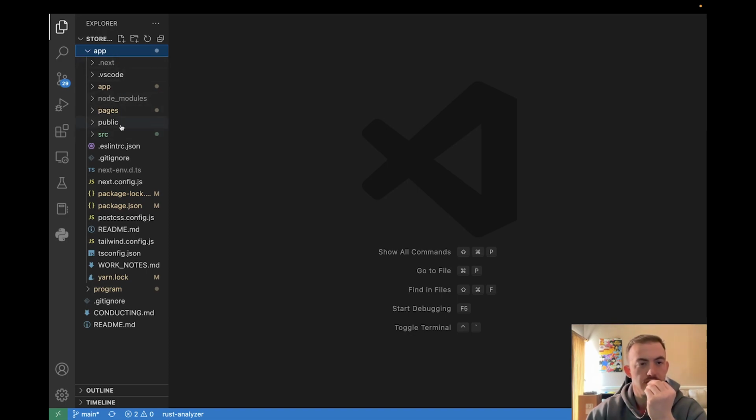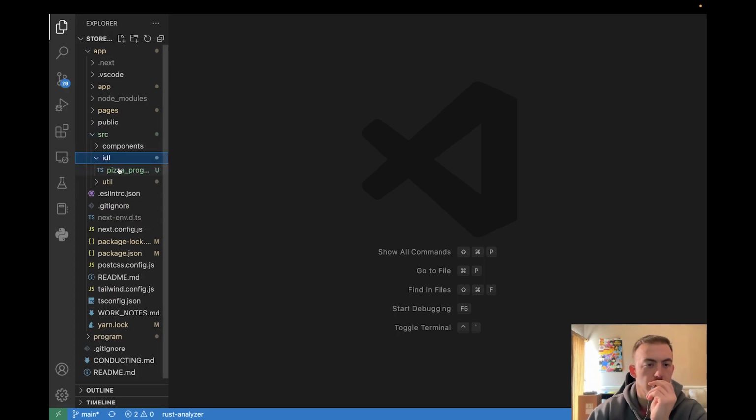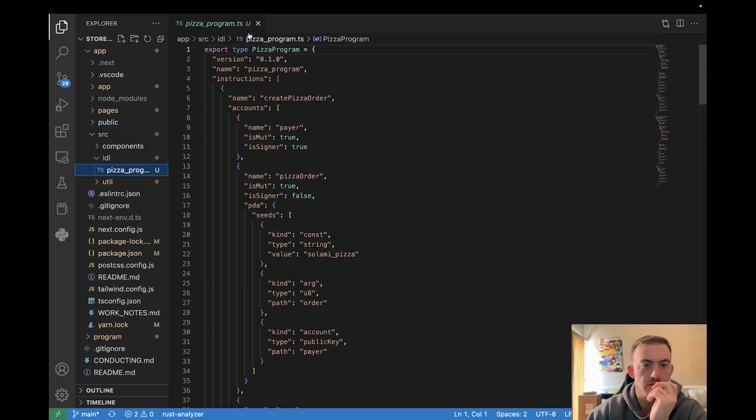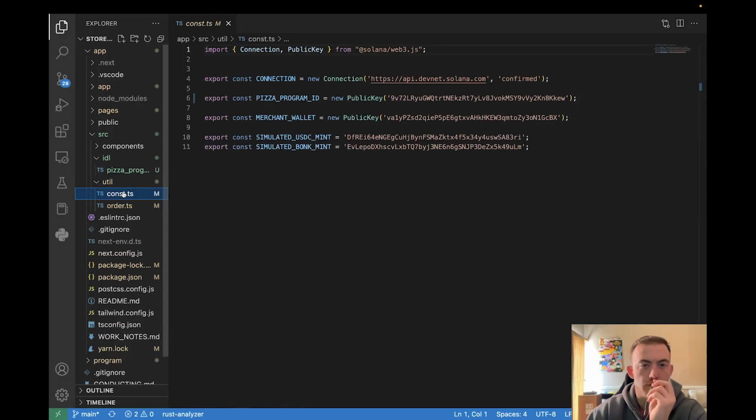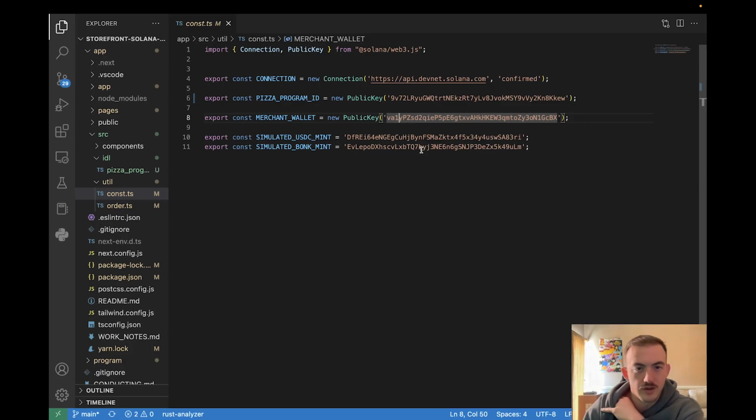And so it's got a little bit different repository layout than we might be familiar with. But ultimately, if you can see here, this is our program's IDL coming from the Anchor build. When Seahorse builds the program, it gives us this IDL. So we're going to use this. We've also got a couple of constants, including some simulated token addresses, our merchant's wallet, which is just a wallet that we're using as a default for the person receiving these tokens, and the program ID of the pizza program